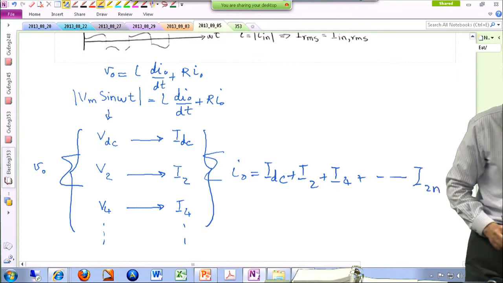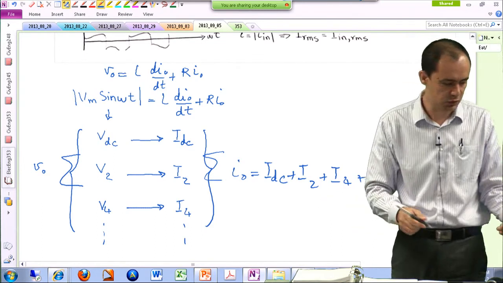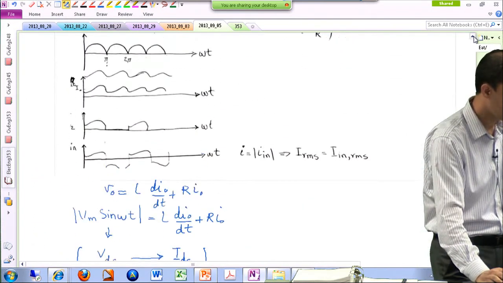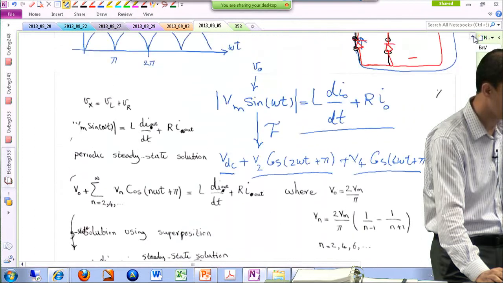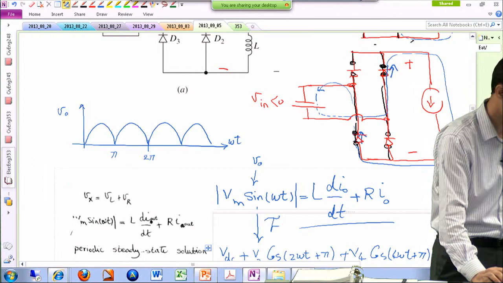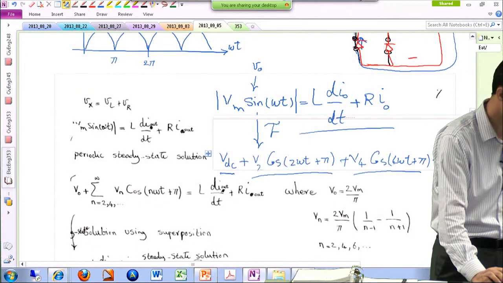Something like this. All right? Very simple. So you're using superposition. So let's get to the details of this. As it turns out, because of the even symmetry that my output voltage does have, if I break it down,